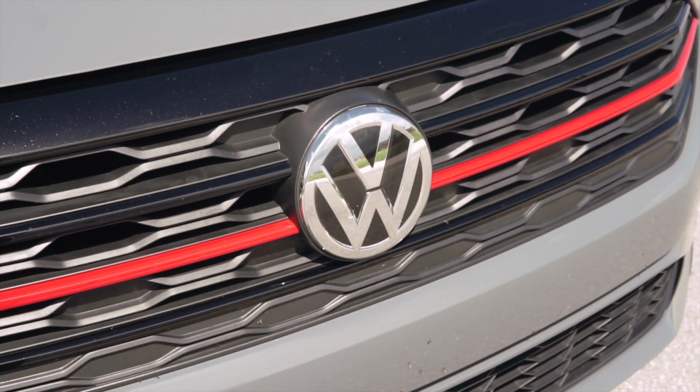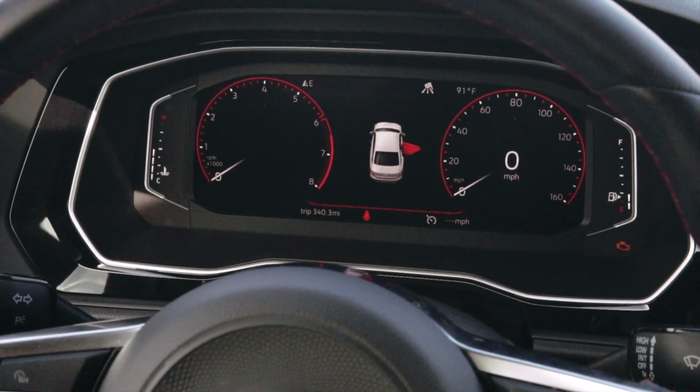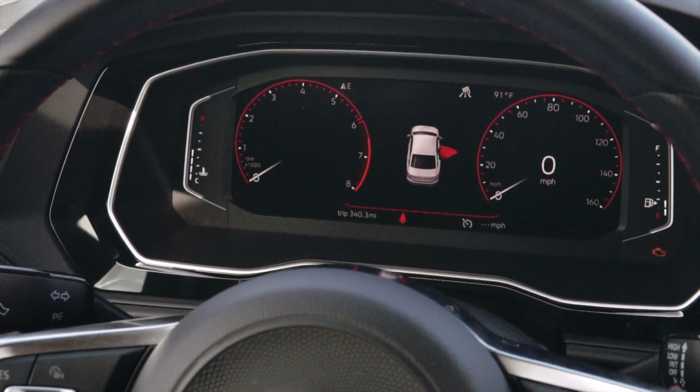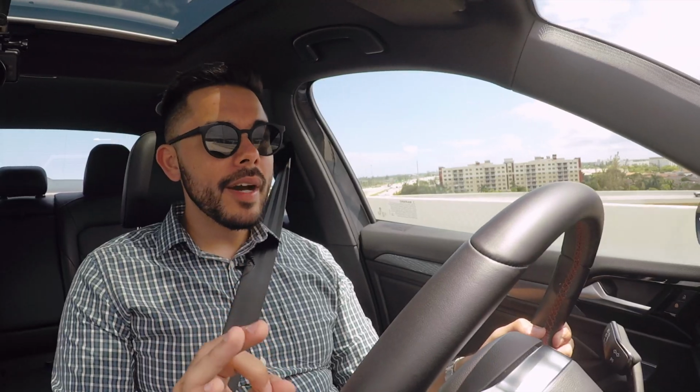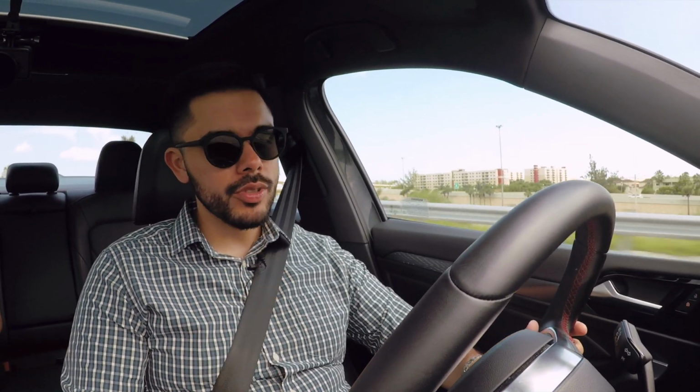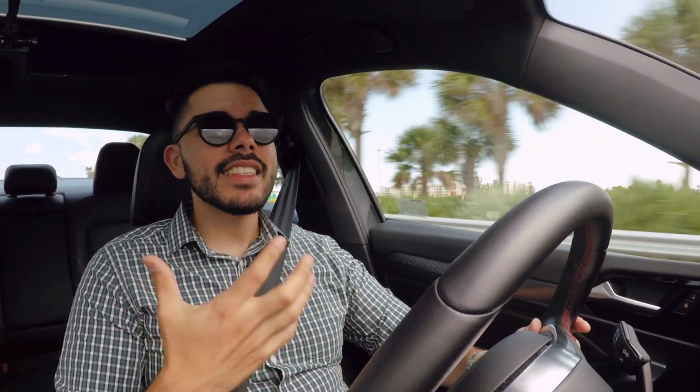a car from Volkswagen. In front of me, I have a digital dash, which is configurable to show you all kinds of information if you want it. The good thing about it is that it has a very clean design. It's not too crowded, and it doesn't just throw useless information at you. It tells you just enough of what you need to know in a concise way that isn't distracting from the